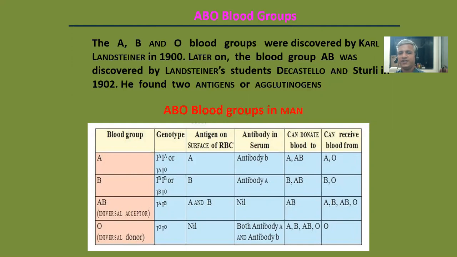The RH antigen induces a strong immunogenic response when it is introduced into RH negative individuals. RH blood group is an important factor in blood transfusion, and it is involved in hemolytic disease of newborn, that is HDN, which is also called erythroblastosis fetalis, that is destruction of erythrocytes of the fetus, and it occurs when an RH negative mother conceives an RH positive fetus. So that's all about the blood group system and structure of antibody.